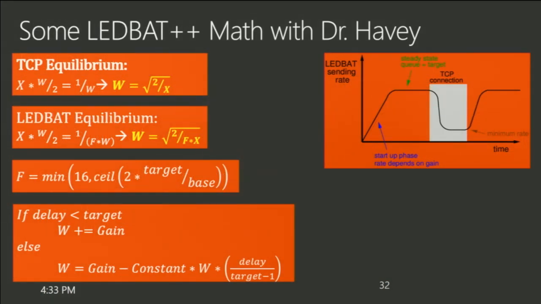Okay, all right. So I used to teach university networking classes, so don't be afraid of the math. Just take a look at the things that are highlighted in yellow on the screen. And what you see there is W is the window size. We already know that that controls your throughput. And I'm going to prove to you right here that LEDBAT is ridiculously fast and that it will never, ever win a fight with another TCP flow. It will always lose and defer.